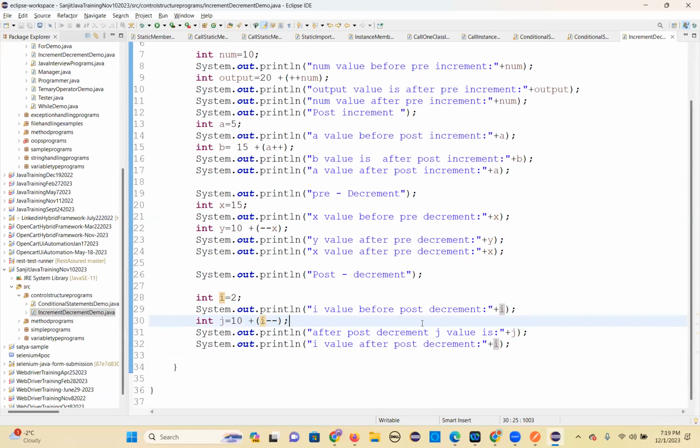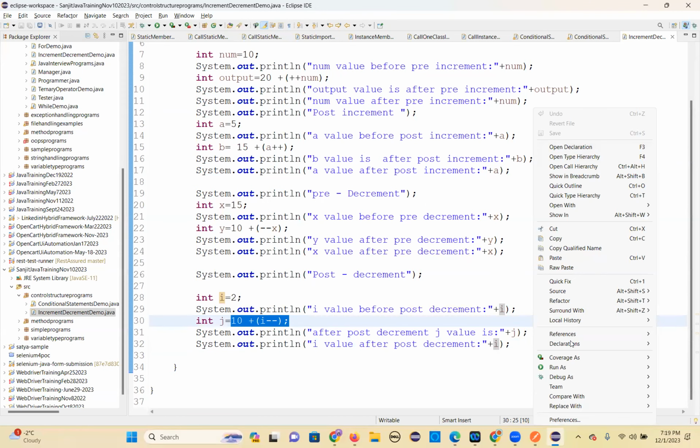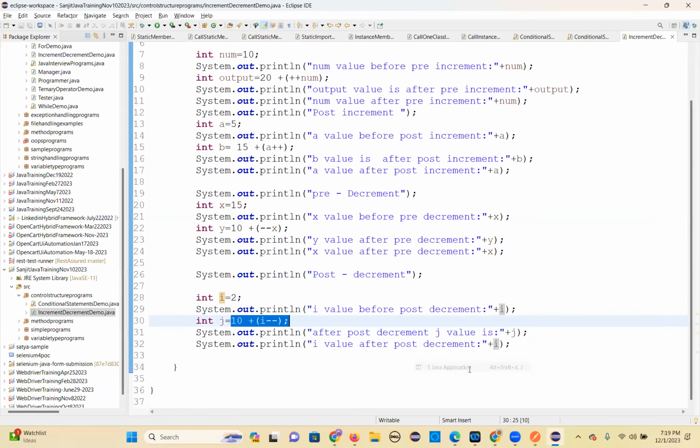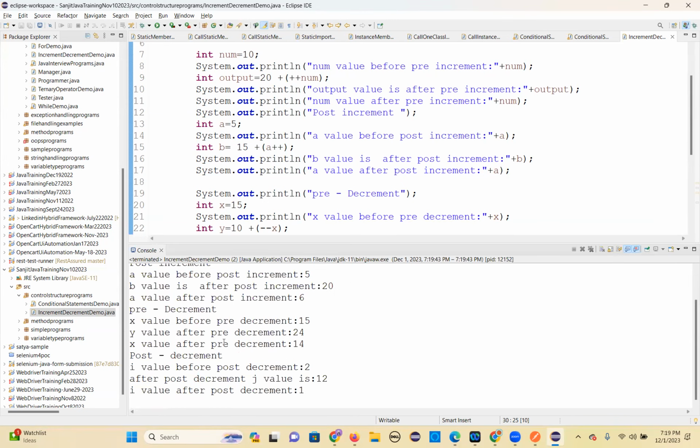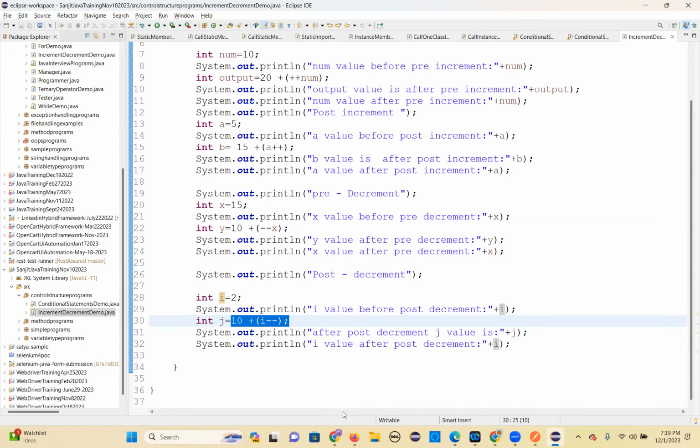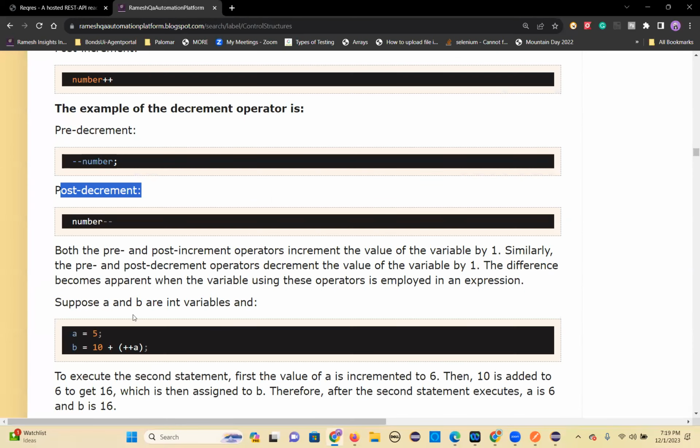If you use it independently, obviously it reduces. There's nothing wrong. Only in the expressions you have to be very careful. Other than that, nothing. So please practice this also and take your own examples and do one pre-increment and post-increment, pre-decrement and post-decrement. One more example you take and send me that also. Okay, so that's the output and let's move on to the